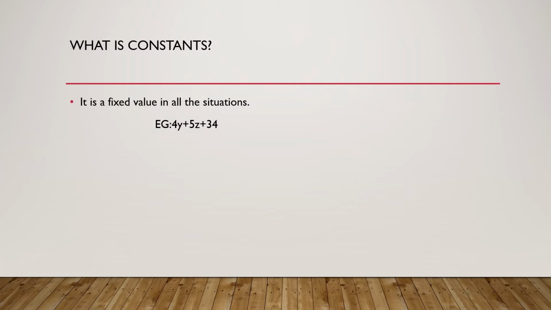Here is an example of a constant from an algebraic expression. So 5y plus 5z plus 34 is an algebraic expression. In this, 34 will be the constant because this value never changes. In the terms 5y and 5z, the value may change depending upon the value of y. Let's take an example of this. See, in the above example, 34 is a constant, as I said, because it does not change. It does not have any variables beside it, so the value does not keep on changing.